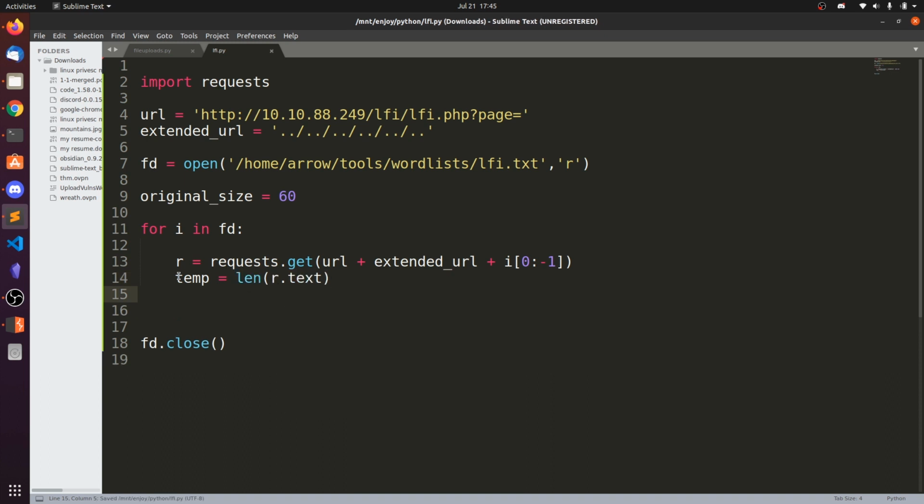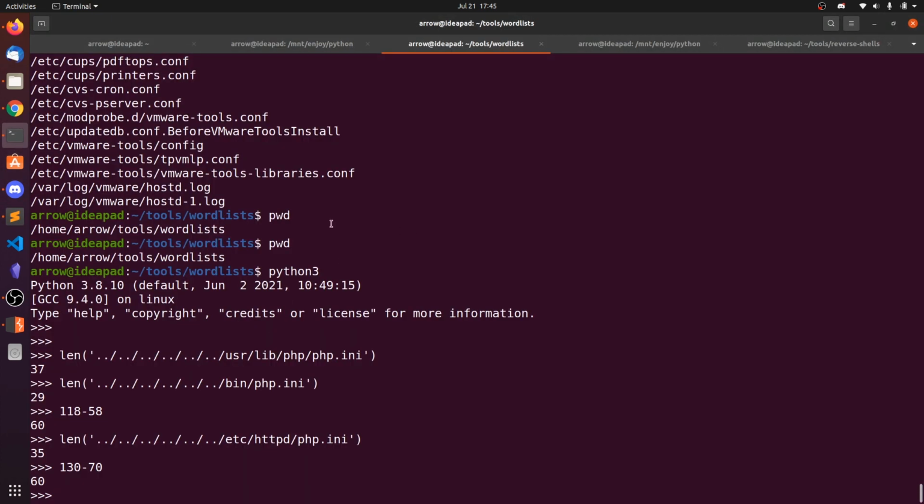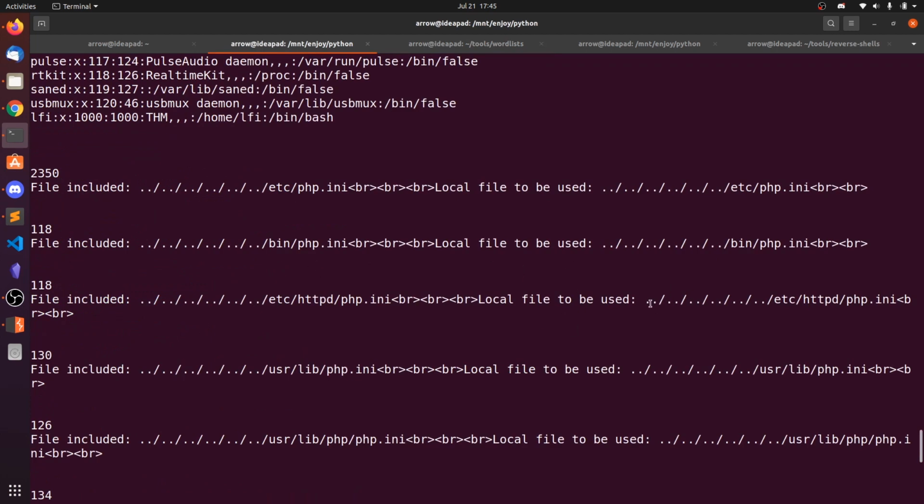So this is the total length, and temp2 is equals to, from the total length we need to subtract 2 times length of the i. So what is i? i is every file we are brute forcing. Why 2 times? Because we have 2 times of occurrence in a response.